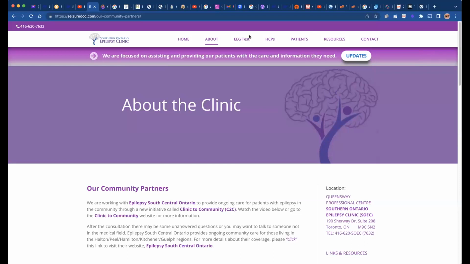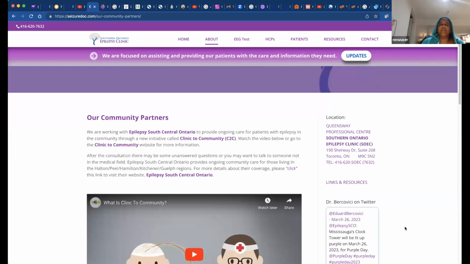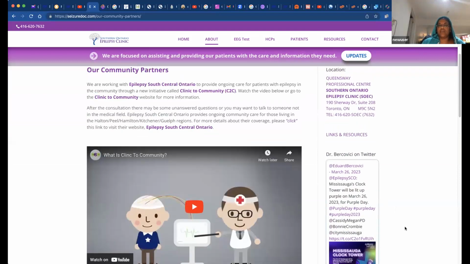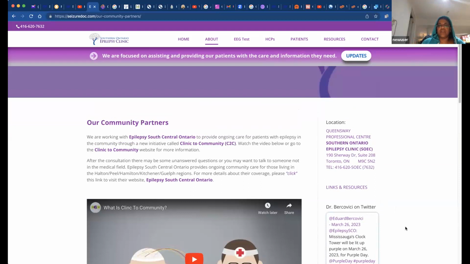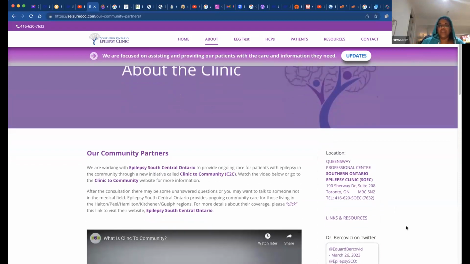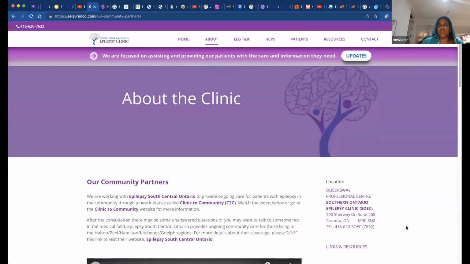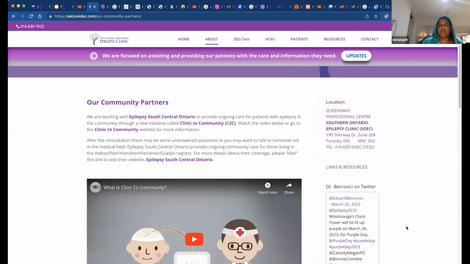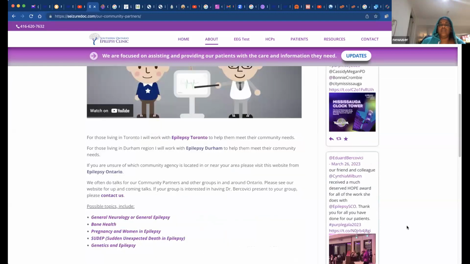The only change I made was that the words Southern Ontario clinic weren't bold and were a different color. I also tried to decrease some of the font size, but it didn't seem to make a difference. I don't even know if redoing the widget would make a difference, because it's fairly simple.